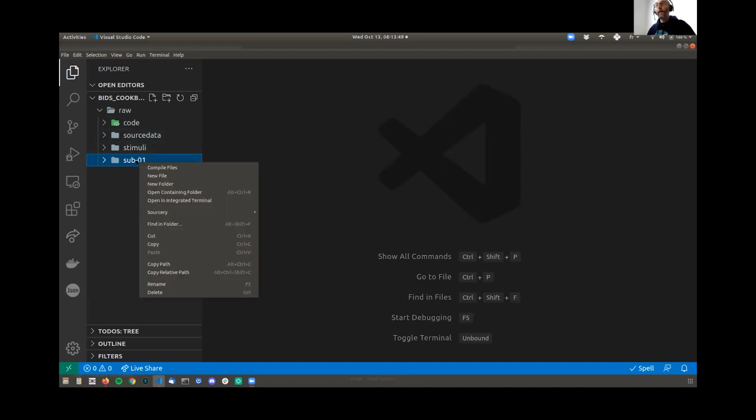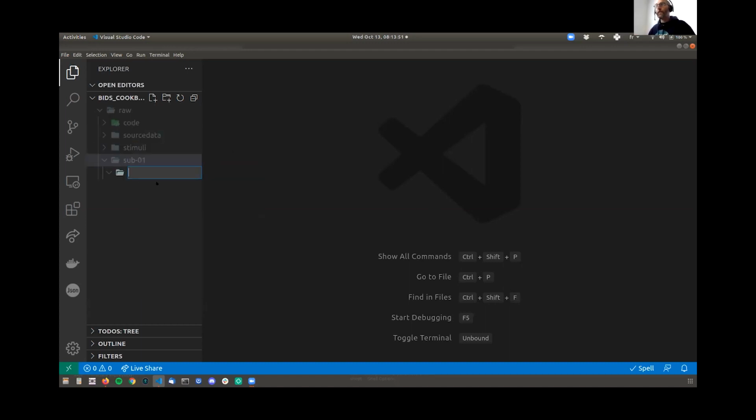Then in there, you can have what's called a session folder. This is optional, but in this case, it can be useful because we have MRI, EEG, and MEG data, and we suspect that those have been acquired on a different day. But how you decide to organize that session folder is pretty much up to you as an experimentalist or data curator. Let's create a session dash MRI folder. So we use the prefix ses for session.